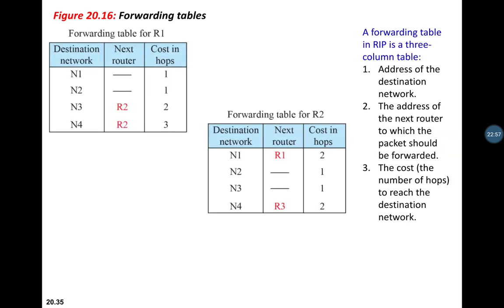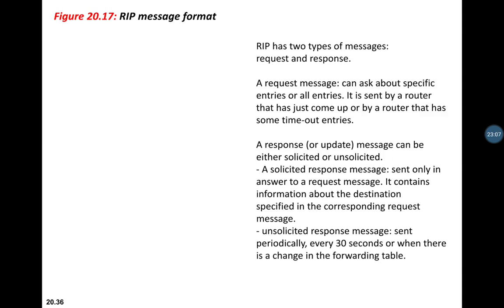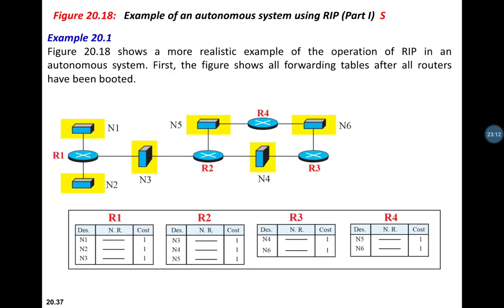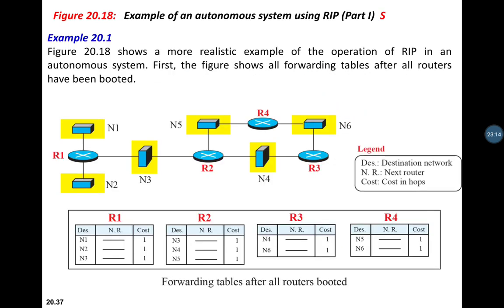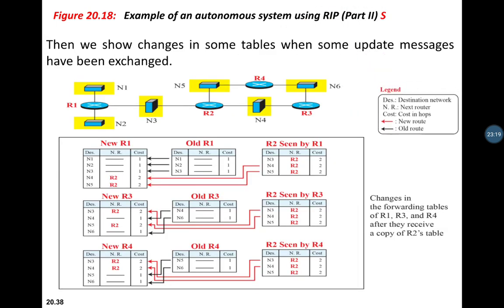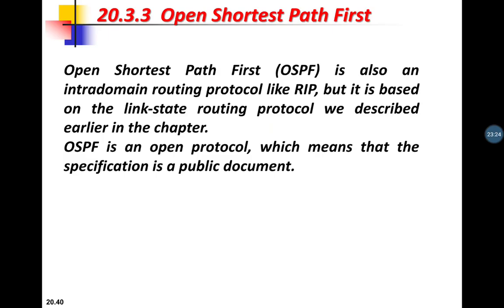Next, we also see about the forwarding table, how we can write the forwarding table with respect to what we had discussed in the earlier slide, how the cost is written, and also the RIP message format. By taking an example, it is explained how the routing information protocol is used to construct, which is very important. Example of the autonomous system. Then we have open shortest path first, and also the border gateway protocol in this module.